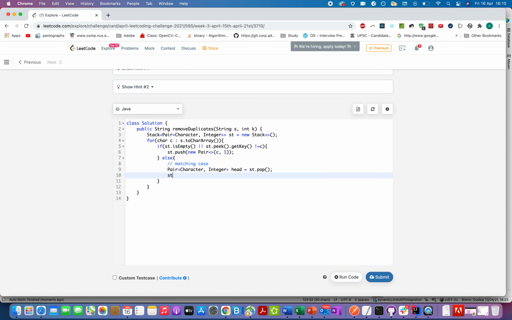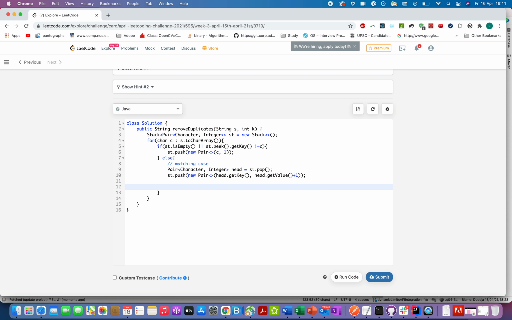So st.push, and we'll push it back onto the top of the stack. New pair, and this time the character would be the same, comma, head.getValue() plus 1.